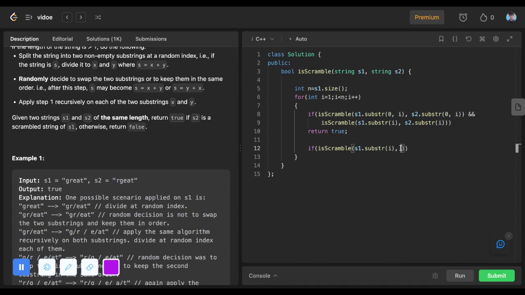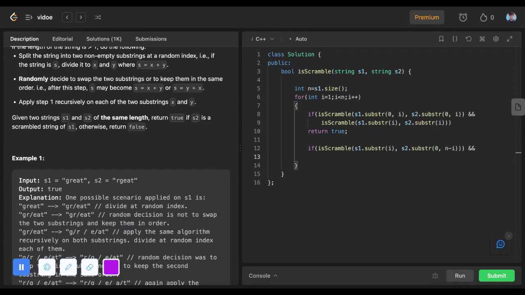Now what will be the first part? The first part will be s2 dot substr of... Now the length of this should be the same as this. Then here the length will be n minus i. So I will start with index 0 with length n minus i